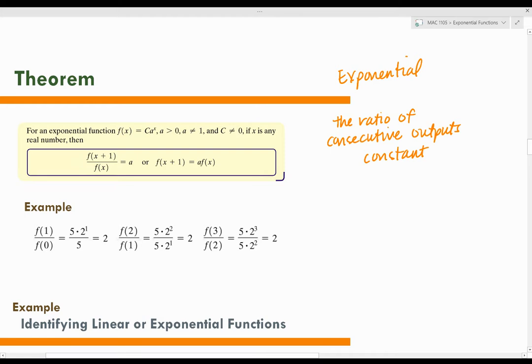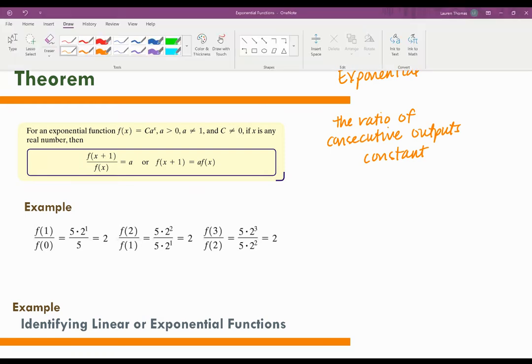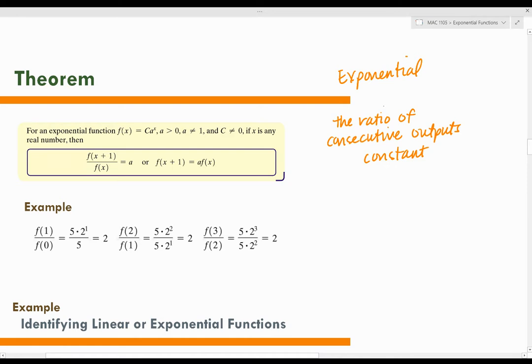Okay, so let's kind of break down those terms. Okay, so ratio means to divide, right? And consecutive means one after another. Okay, outputs are the values that come out of your function, and constant means that they stay the same. Okay, so it says that if you divide terms that come one after another, then their output should stay the